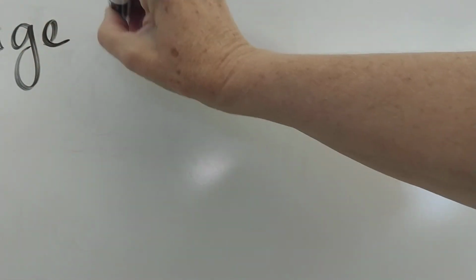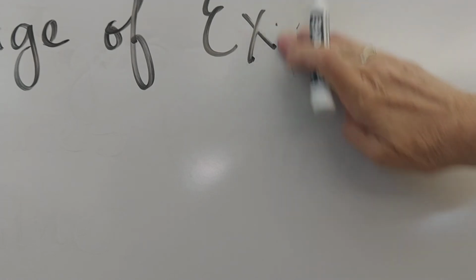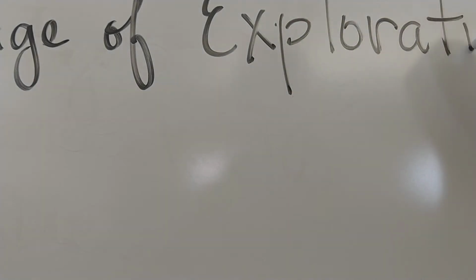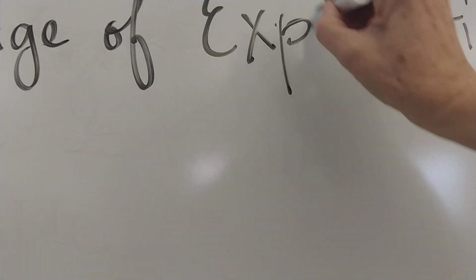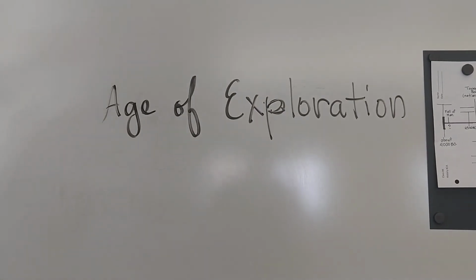So I'm going to write that over here so you can know what to put. Whoops, sorry guys. Age of Exploration, that's a P. That goes in that box